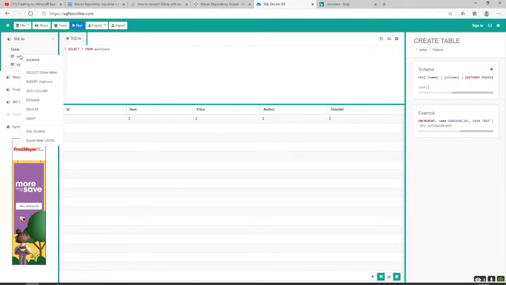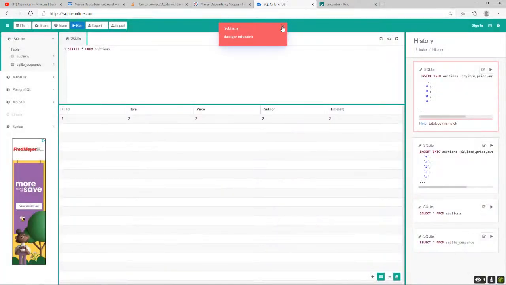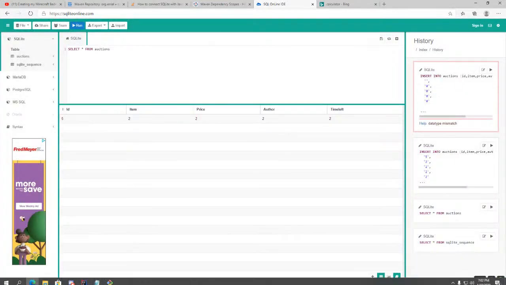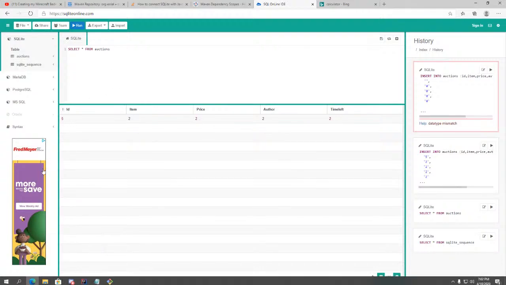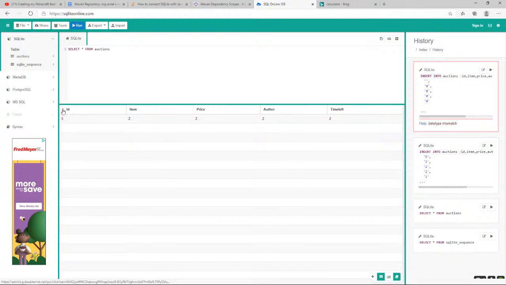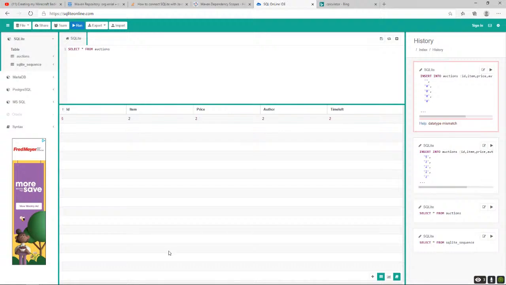Wait, if I just do insert add row, data type mismatch, so that's kind of an issue. That doesn't seem to be working.